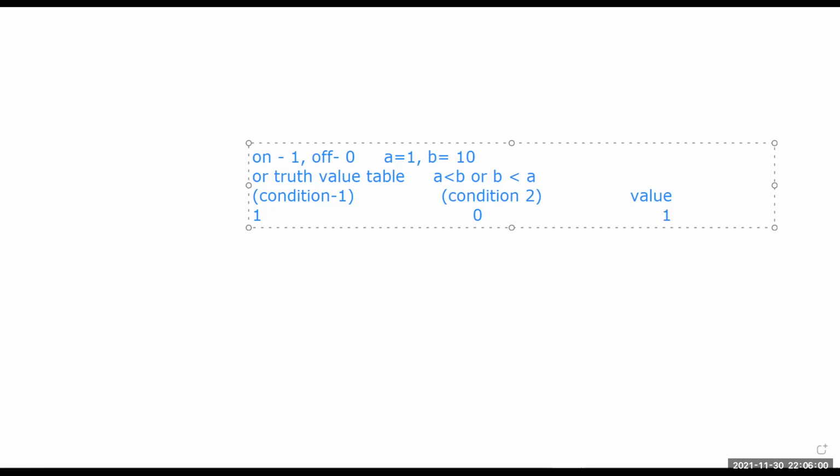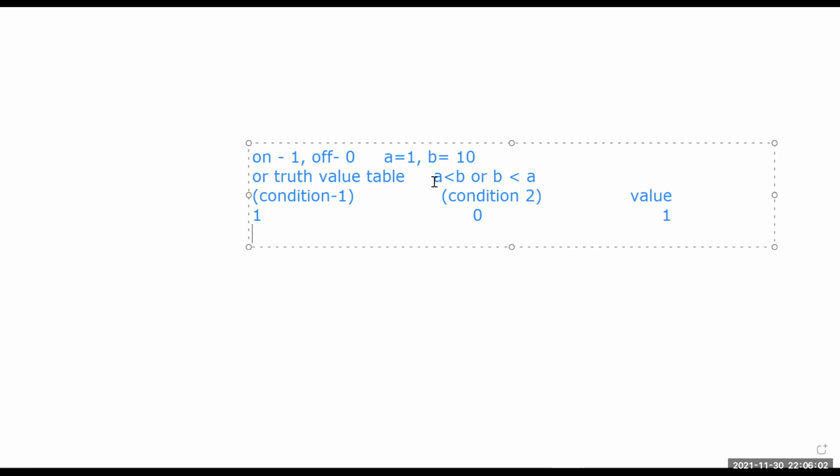So it is going to return true here. Now if the first condition has failed, but the second condition is true, even then the OR gate, or OR truth value table, allows it to function correctly.